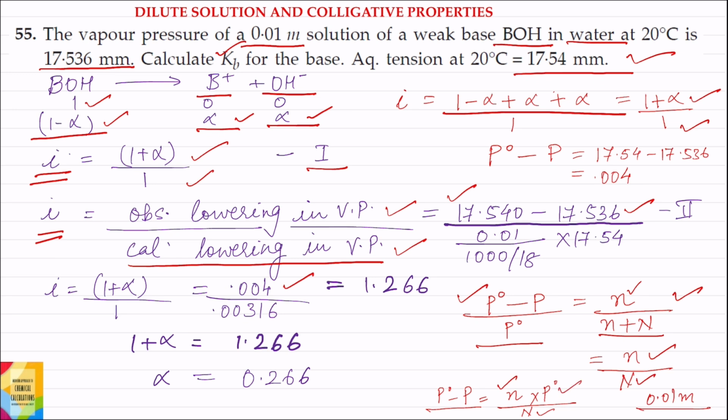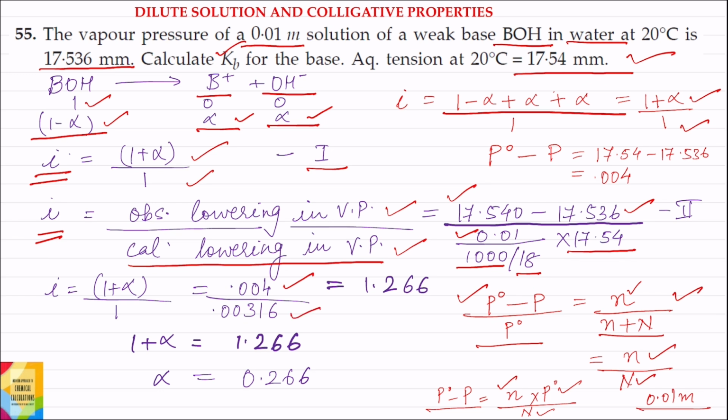Now putting the values, moles of solute is 0.01 moles. Moles of solvent will be equal to weight of solvent, that is 1 kg, which is 1000 grams, divided by molecular weight of solvent, that is 18 since the solvent is water, into P naught. P naught is given as 17.54, which is the vapor pressure of pure solvent, which in this case is water. Solving, the calculated lowering in vapor pressure is equal to